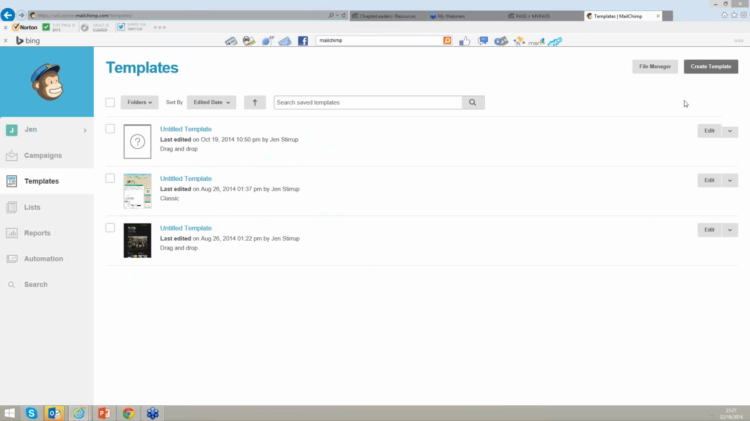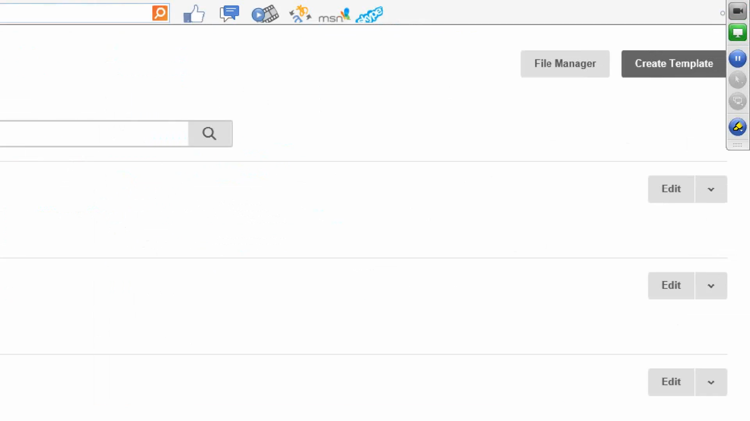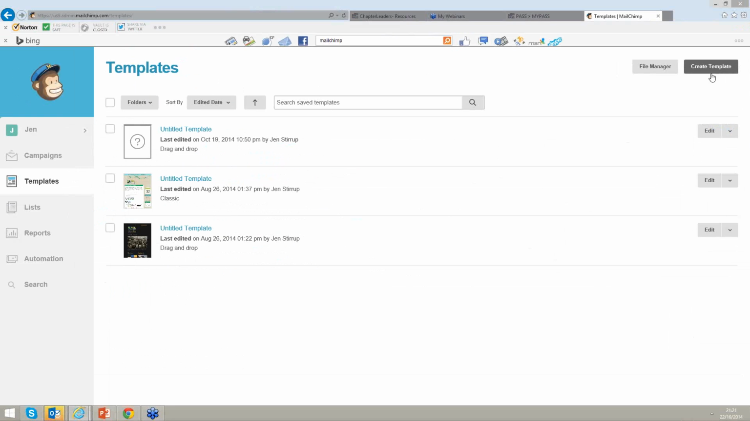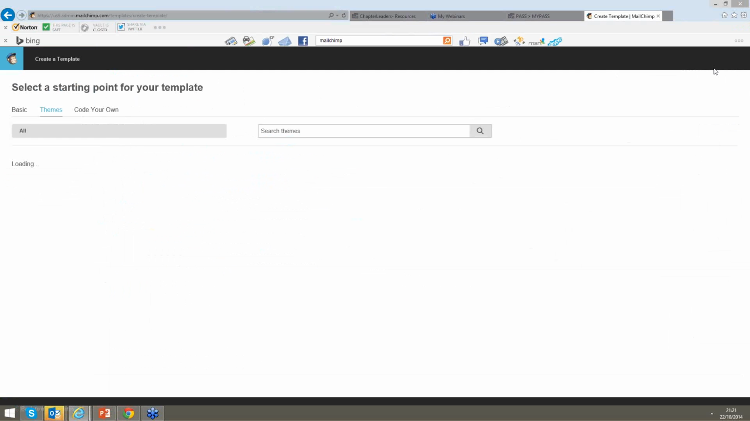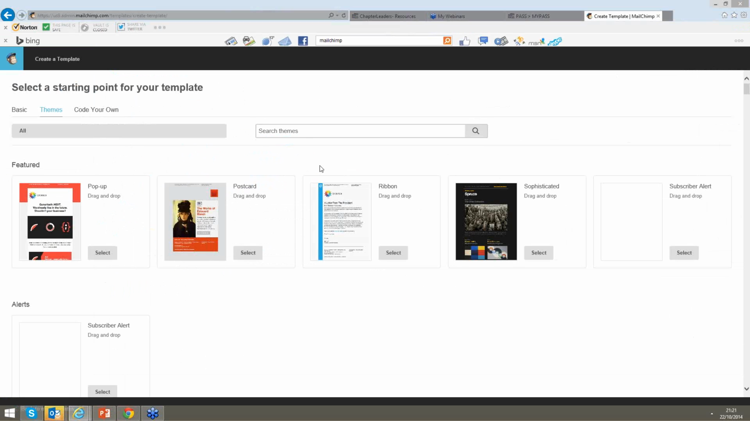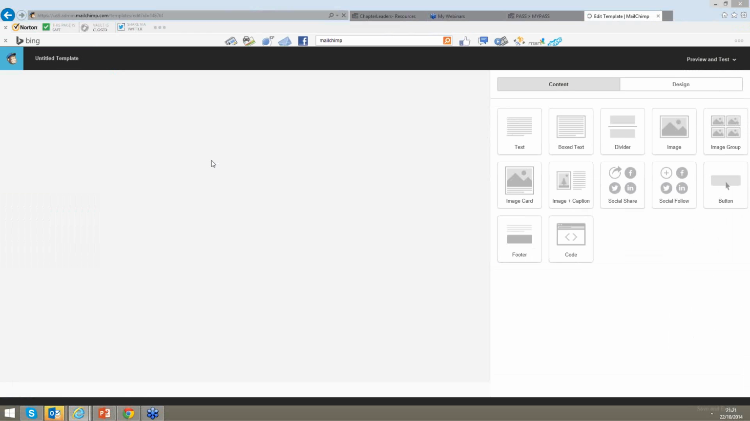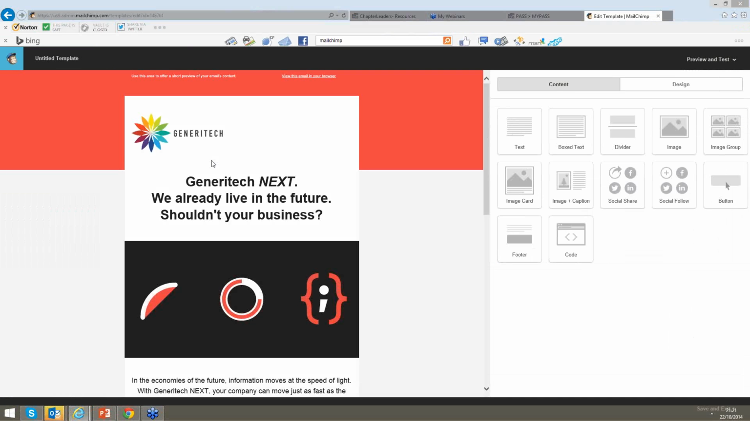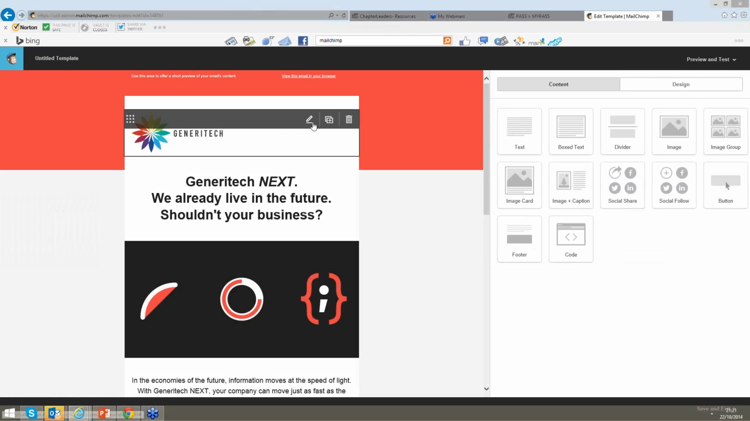Okay, so what I'm going to do over here is use the button create template. Now it comes up with some quite pretty templates. I'm going to select this one. What will happen here is it'll come up in a little minute with an untitled template. Now I don't need all this stuff here, so we're certainly not sending emails from Generitech. So all I'm going to do